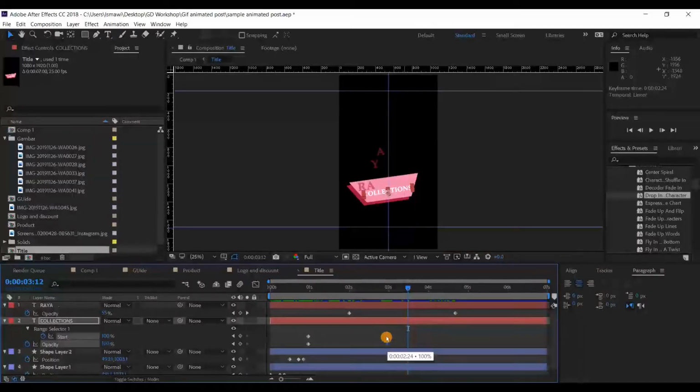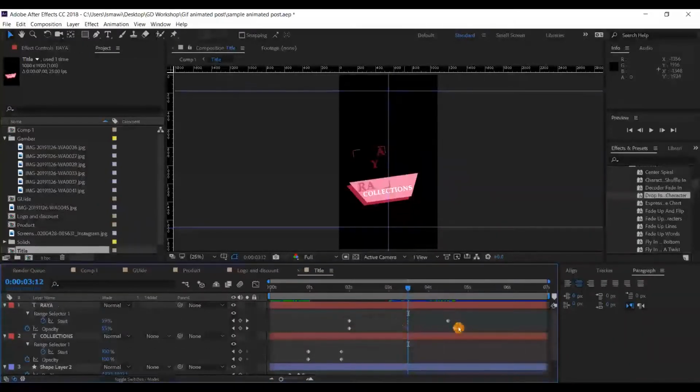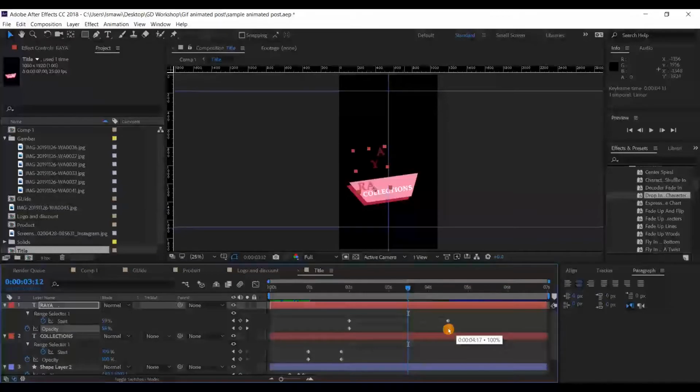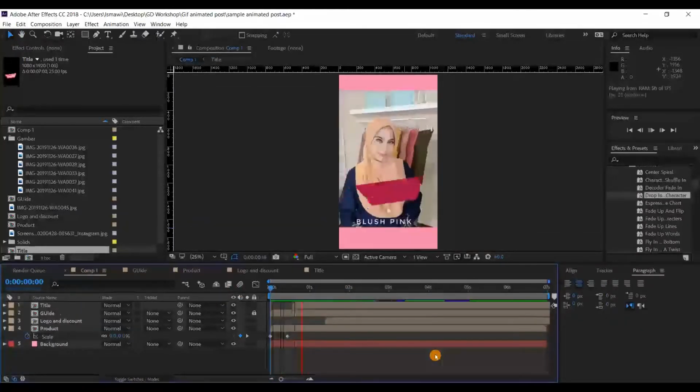We're going to move it and make it a little bit faster. Maybe this one also. Press U to see all your keyframes. I'm going to make everything in line and a little bit faster. You can select your keyframe and move it. So when we go to our comp, it's modified automatically.